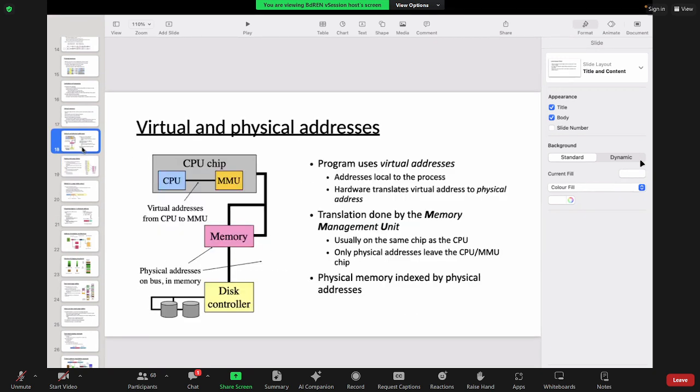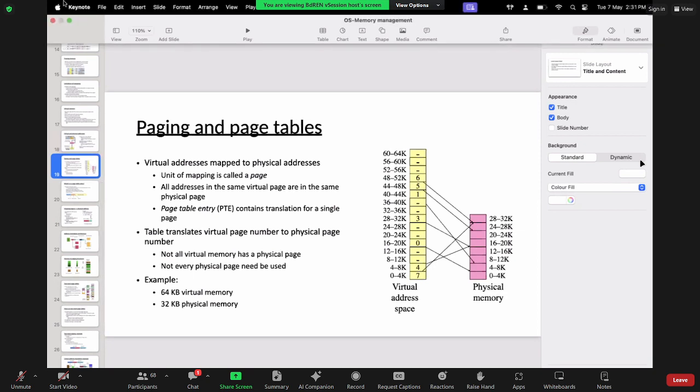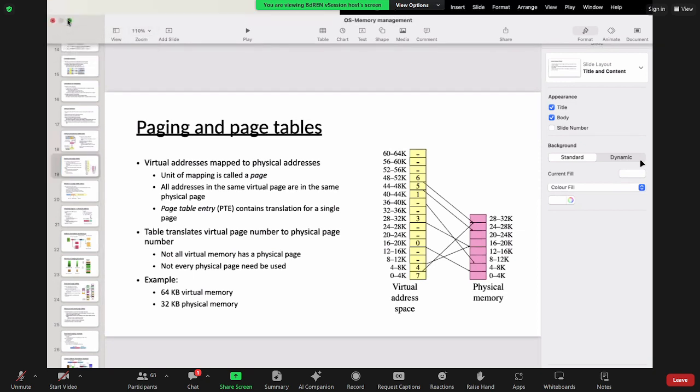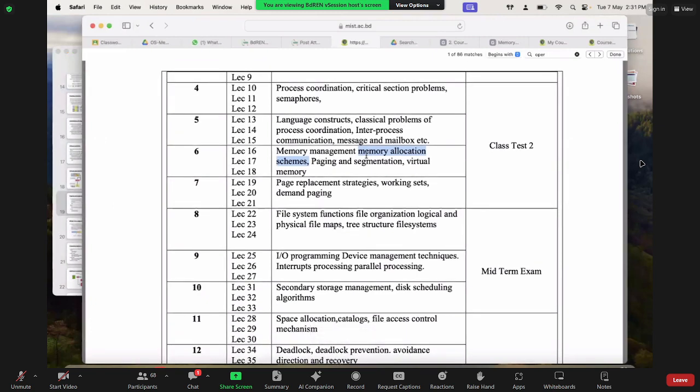Now, if you notice here in these virtual and physical addresses, how are we doing it? Using this paging mechanism. Paging is also in your topics, right? Memory management, memory allocation schemes we have discussed. So we have started with virtual memory, and paging is a part of this virtual memory only.